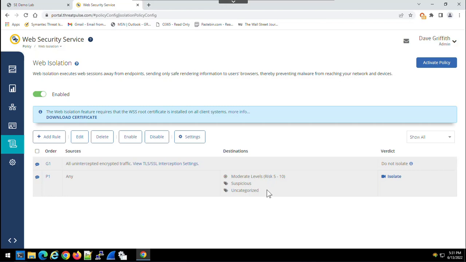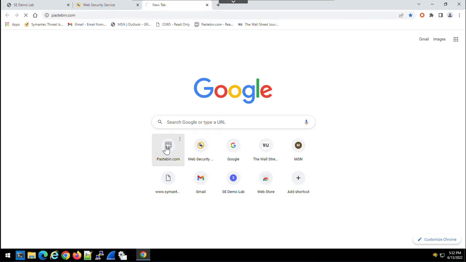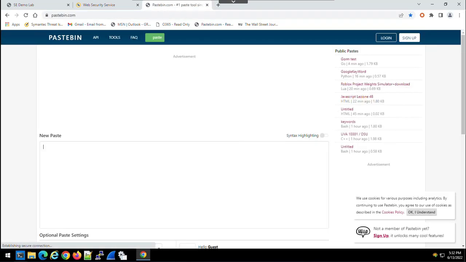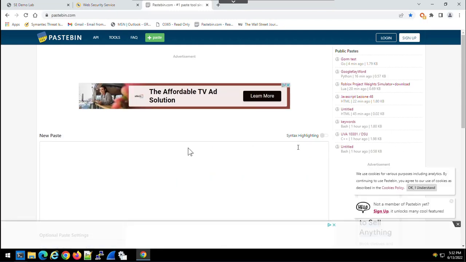So to test this out right off the bat, I'm going to open up a new tab and go to pastebin.com. If you're not sure what pastebin.com is, it's a plain text website where people can share source code and things of that nature. It is considered a high-risk website. But as you can see, I do have access to this.